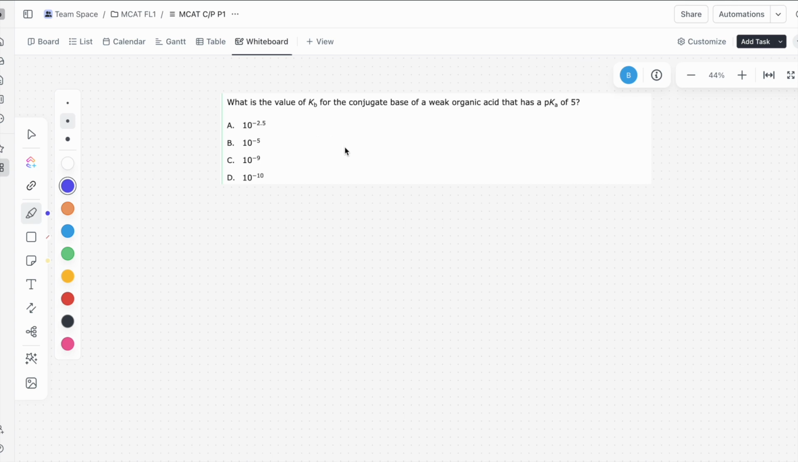Okay, so these are some discretes. This is the final few discretes we're going to get through here. It says, what is the value of Kb for the conjugate base of a weak organic acid that has a pKa of 5? Well, what you need to know is that between an acid and its conjugate base,